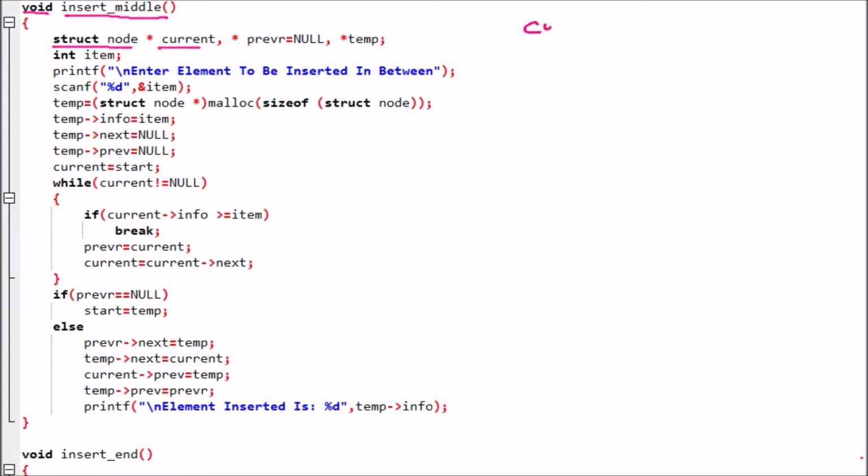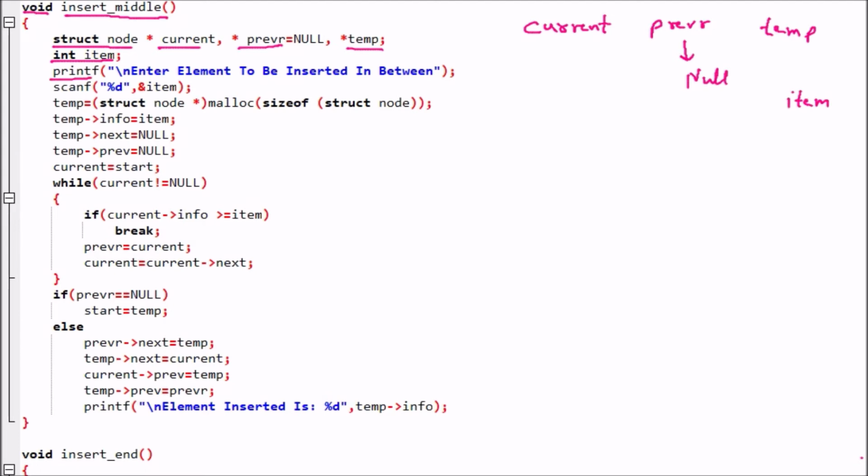There is a pointer called current, then a previous pointer, which is pointing to null right now, meaning previous is nothing. Then temp. These are the 3 pointers which we have taken.